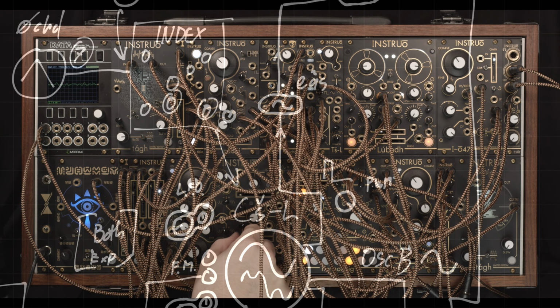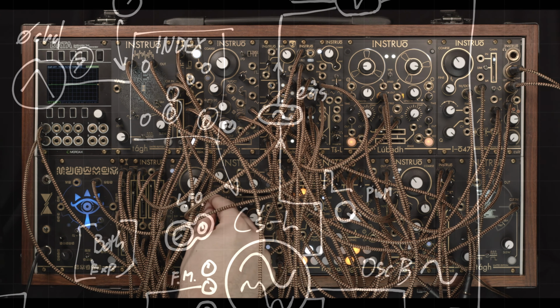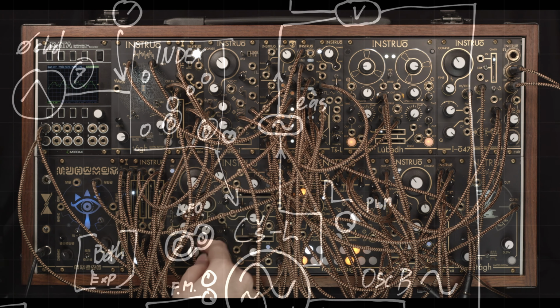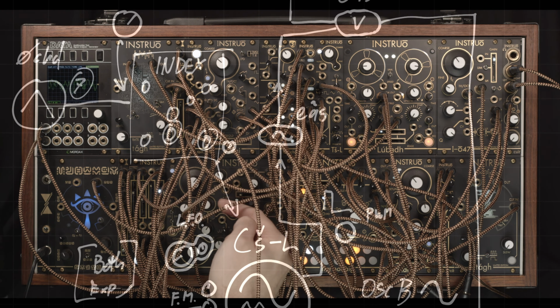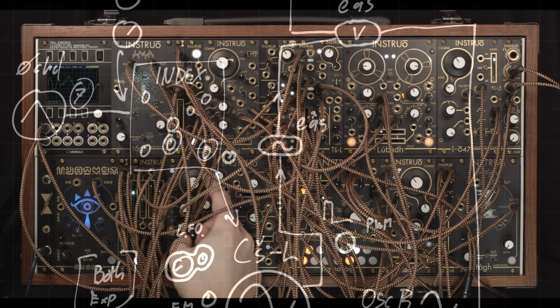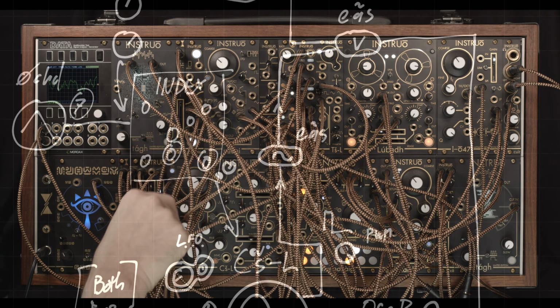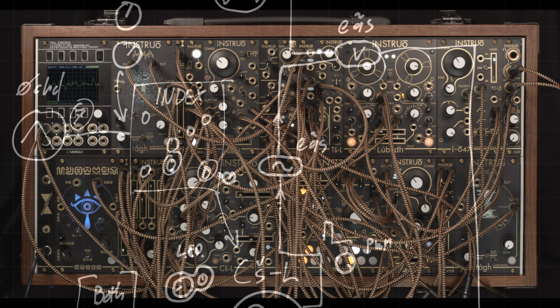But the chirping comes from the fact that it's the wavefolder that's modulating the top voice. So a lot of chaos, and on top of that I've got volt per octave signal coming from